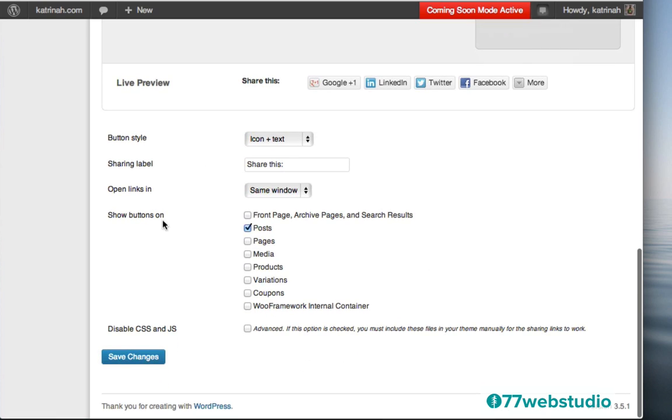So the next thing is you can configure these areas, including where you want the buttons to show. So show the buttons on, and you can choose where on the website you want them to show. I prefer just keeping them on the blog post screen, so I'm just going to click on post, but if you want them to show up on pages or anywhere else, feel free to click that right here. Last, you just want to click on Save Changes to save the changes.